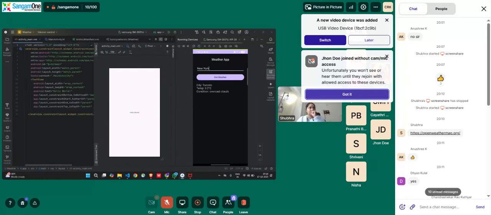I just have a small doubt. If the user refuses to give the permission, then how can we handle that? So you have to have a blocking on your UI screen saying without giving this permission, we cannot go ahead. We can never surpass that. But it should not be like a loading screen saying we're still trying. We need to handle that: if permission is not granted, then show the screen